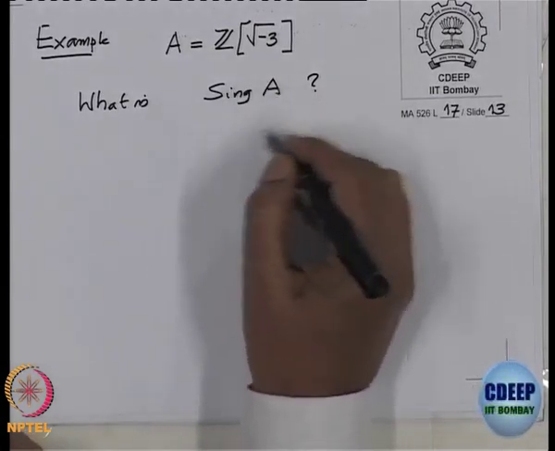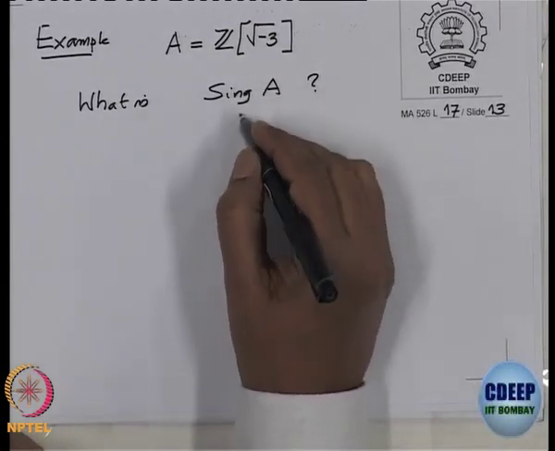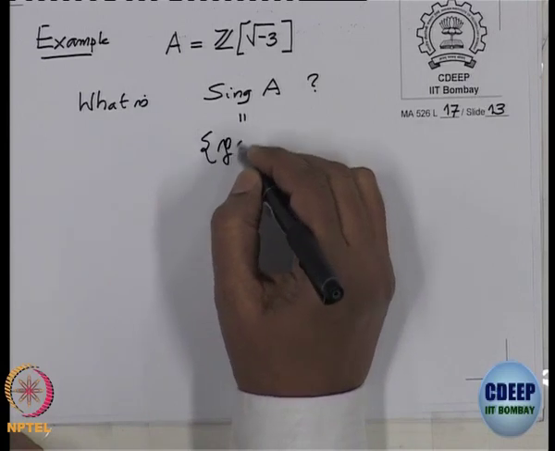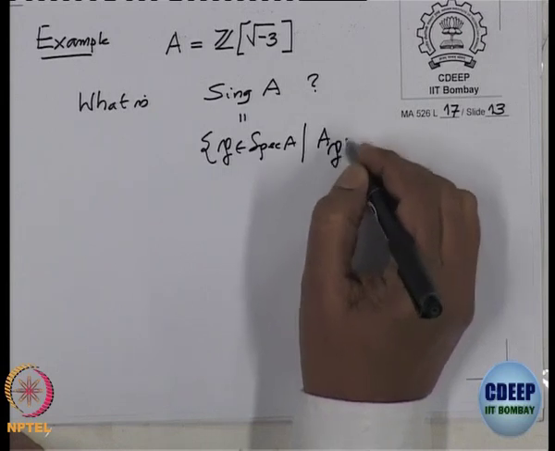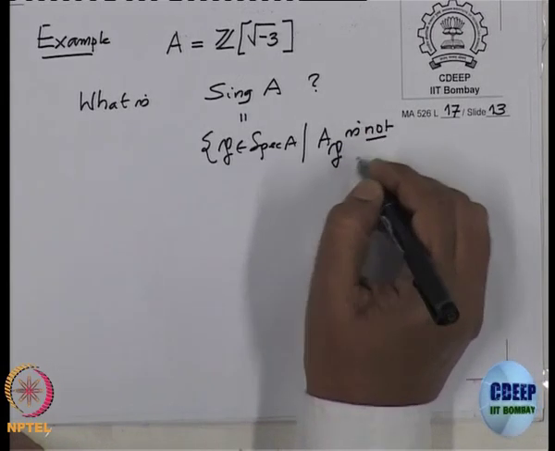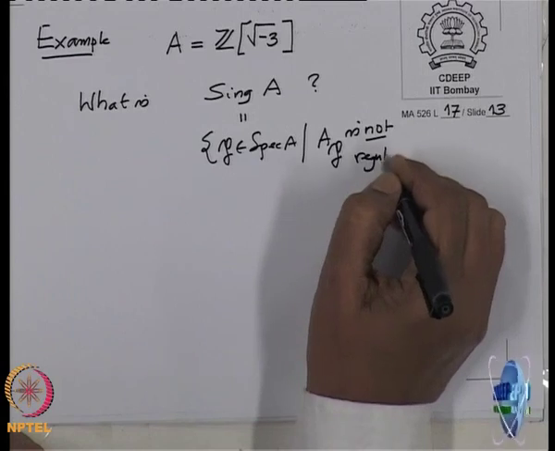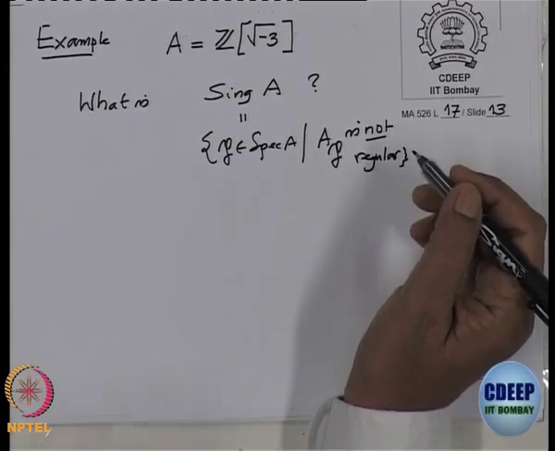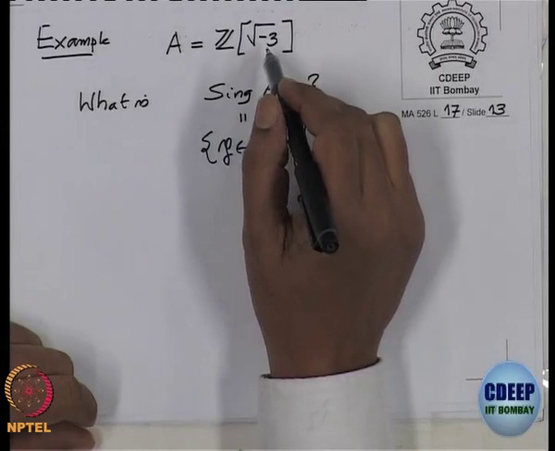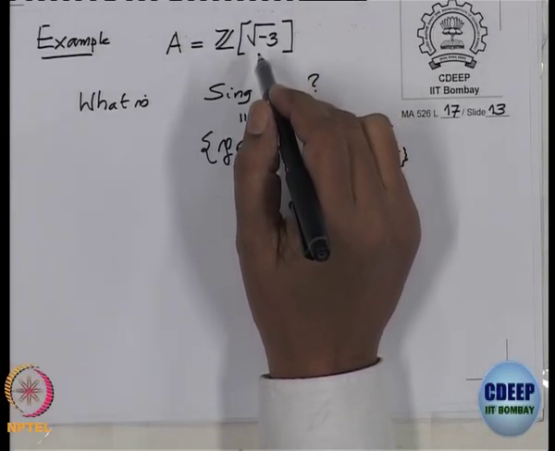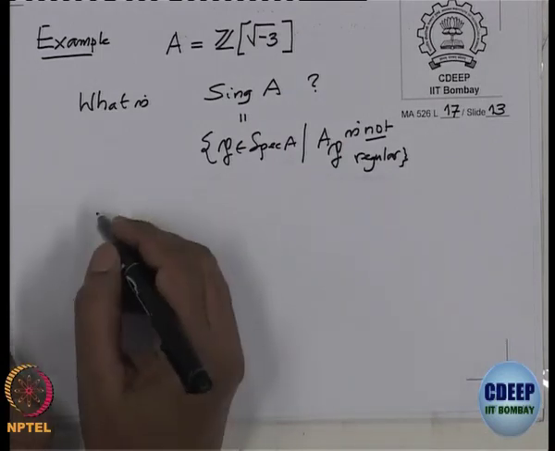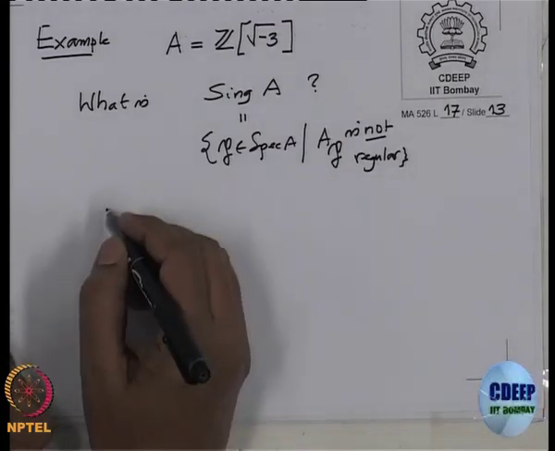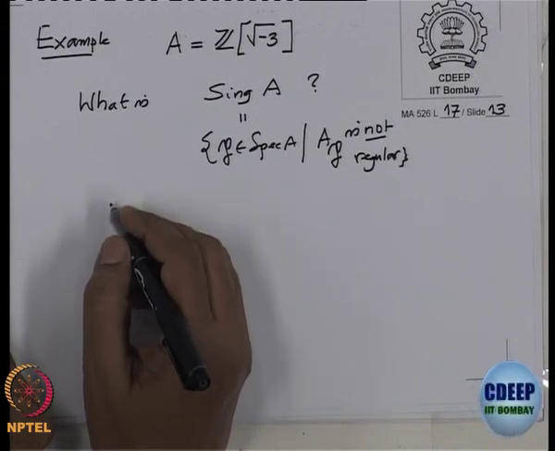That means, what are all those primes P such that A_P is not regular? Right, this is a one dimensional ring. So, again, I will not complete the calculation here, it is not so difficult, but what will keep handy is